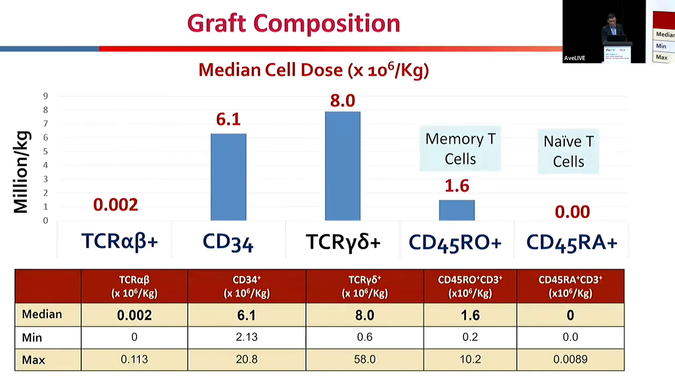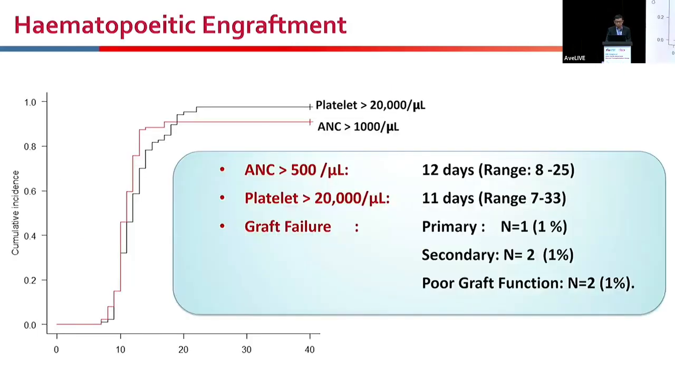So this is the graft composition. The cell dose was about 6 million. Almost no alpha-beta T cells were detected in the graft, and there are no naive T cells detected in the graft. The engraftment time is quite rapid. Median time for neutrophil engraftment was 12 days. Platelet was 11 days. One patient did not engraft,